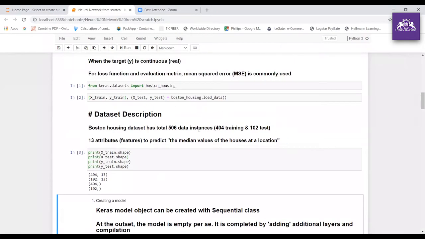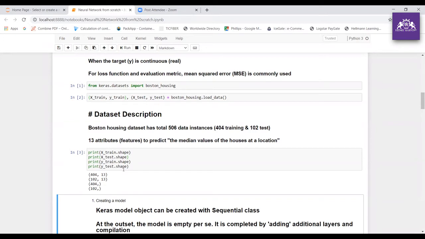Yes, I'm right. x_train has 404 rows and 13 columns. x_test has 102 rows and 13 columns. y_train, that is basically the output, right? The training output is actually 404 and y_test is 102. Hope this is clear to you, right?